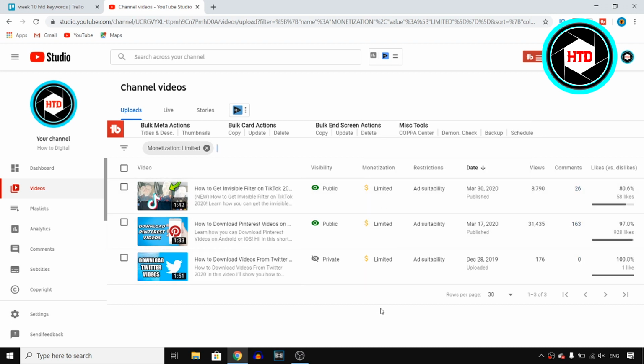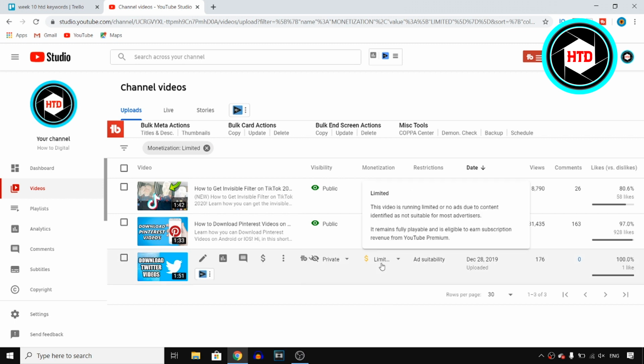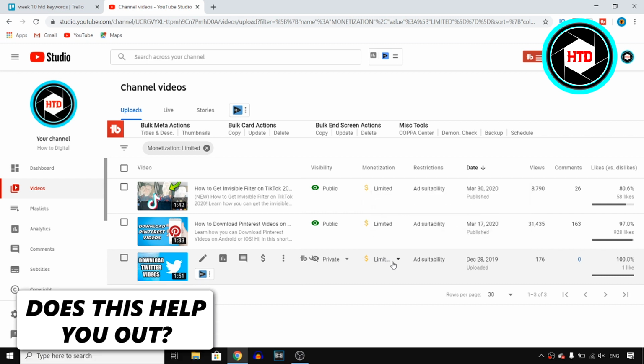So all you need to do is, first of all, make sure that you're not violating any YouTube guidelines, because otherwise you might get in trouble. And the fact that it's limited is then totally correct if you're violating the guidelines. But if you're not violating any guidelines and in your opinion this is not correct,